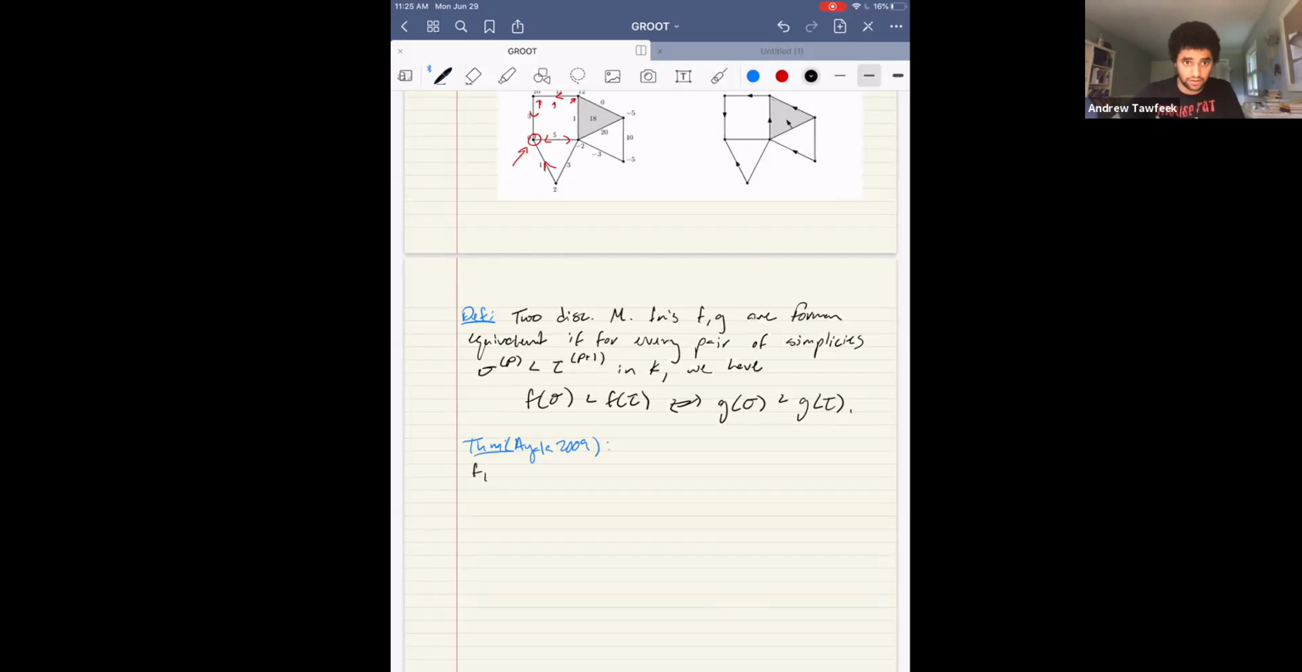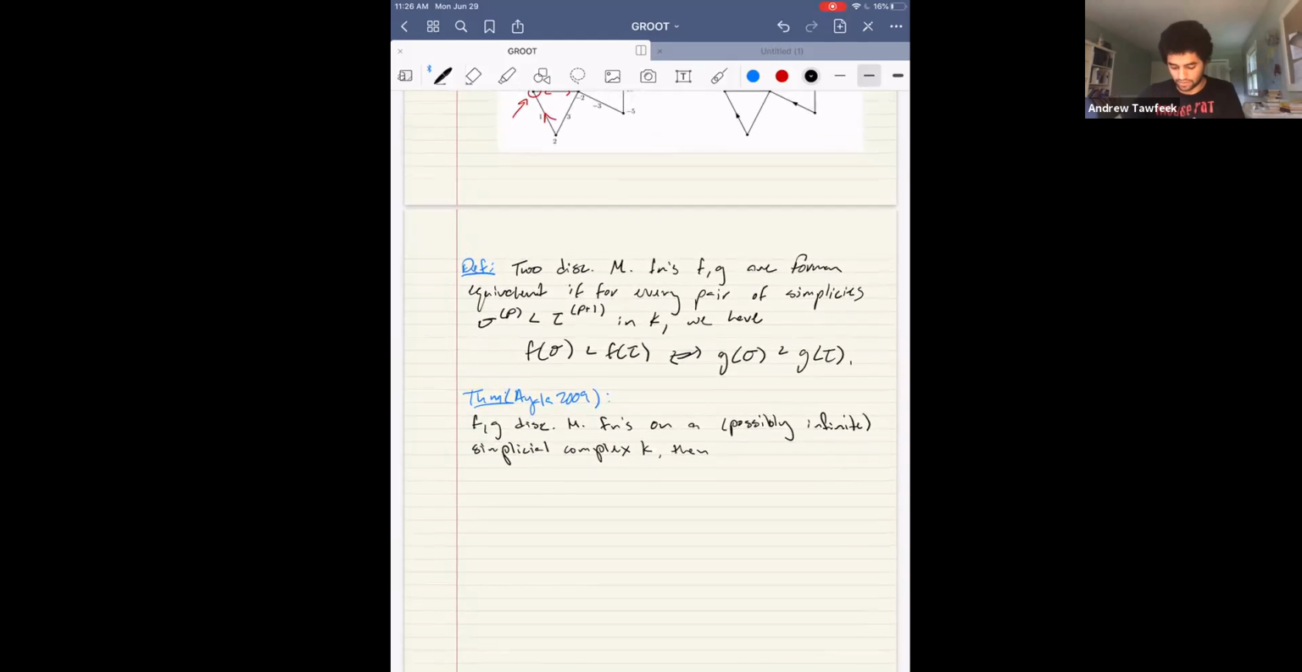If f and g are discrete Morse functions on a possibly infinite simplicial complex K, then f and g are Forman equivalent if and only if